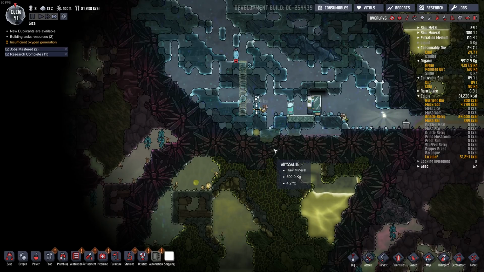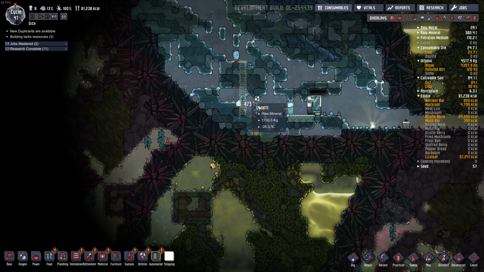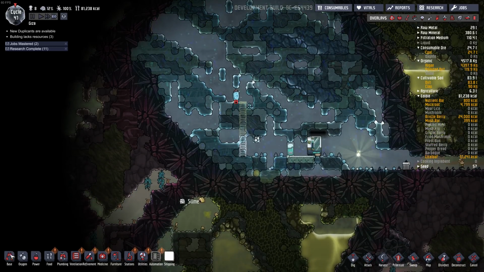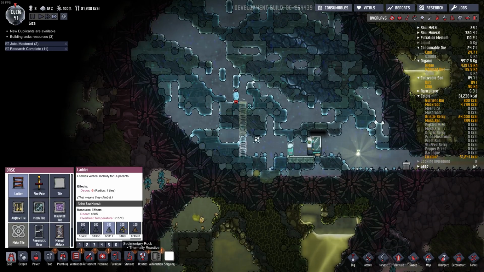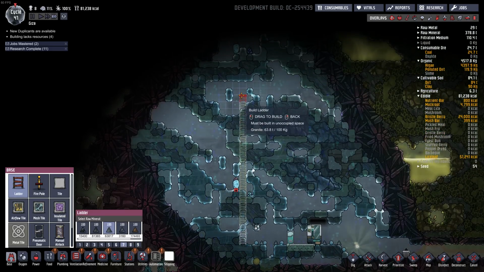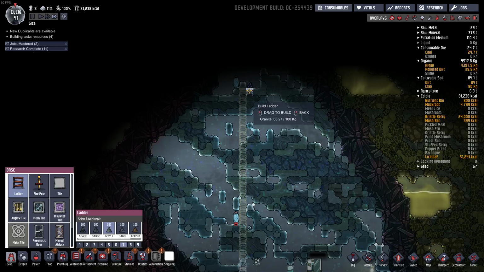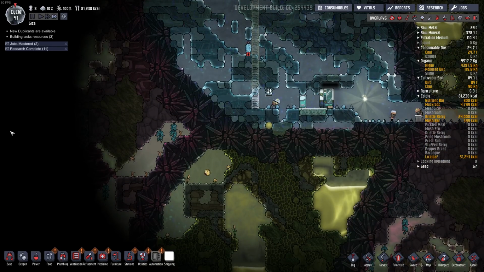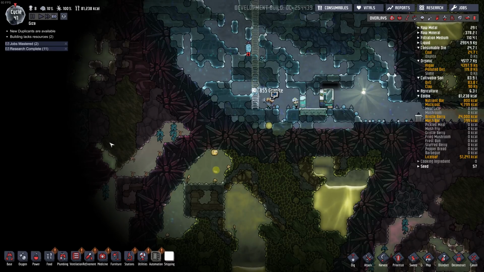Okay, so we've broken through here. And there's a wheezewort here, and there's another wheezewort up here. This is a pretty small ice biome. But we're working our way up here. And I'm going to use granite just because there's lots of granite in here. Oh, and this is the left-hand side of the map. It won't let me scroll left, so...